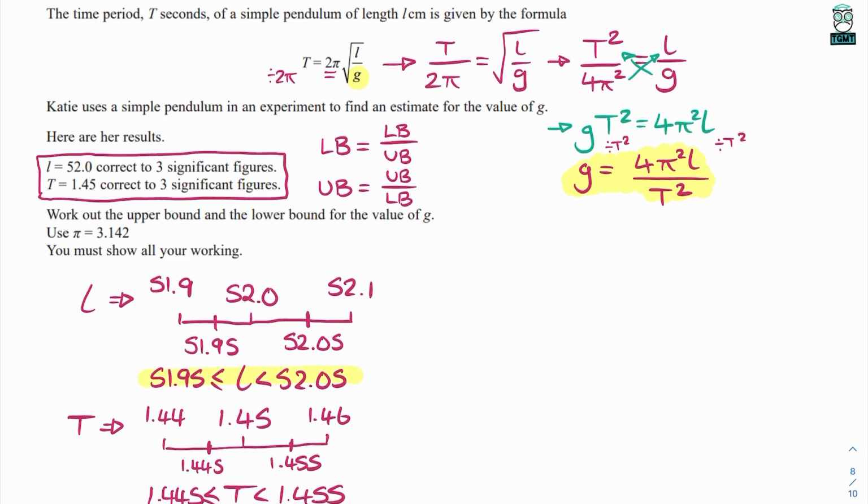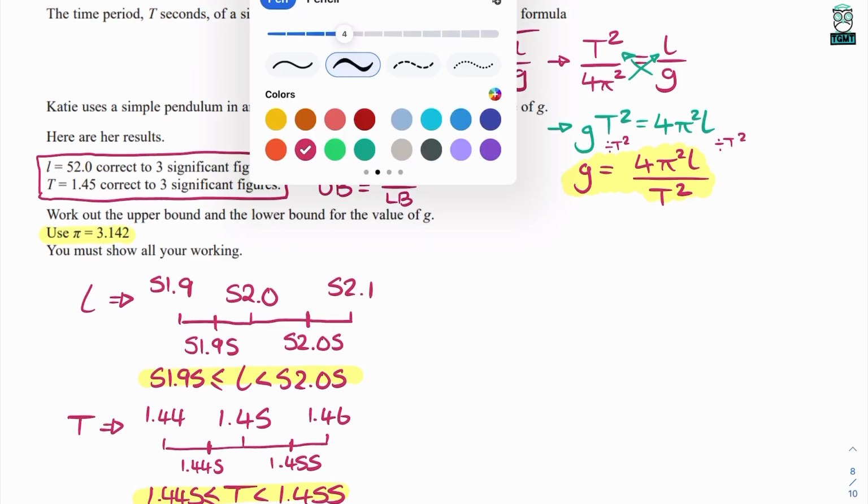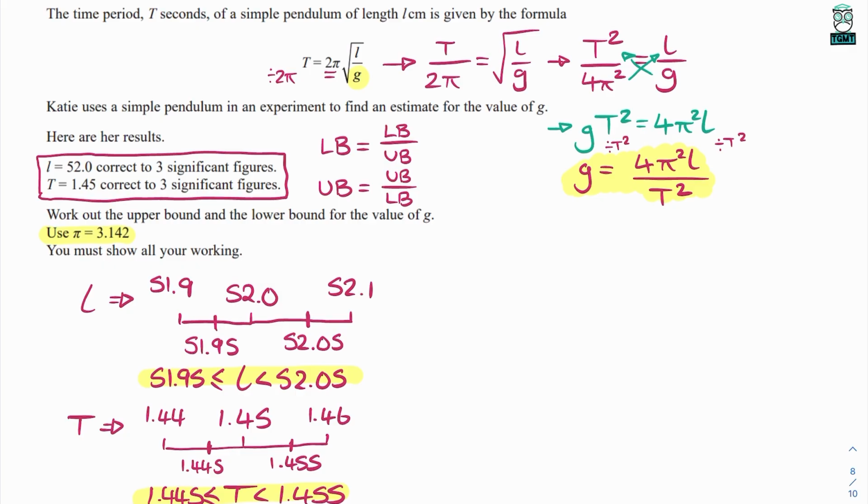We now pretty much have everything that we want to use in our formula. We just need to remember it does say use pi as 3.142 as well. So when we start putting these in, let's have a look. Doesn't matter which one we work out first. I'll go for the lower bound. So to work out the lower bound of G, G will be equal to 4 multiplied by 3.142 squared, because it's pi squared and it wants us to use 3.142, and the L length, we're going to want the lower bound on top, so I'm going to want to multiply by 51.95,